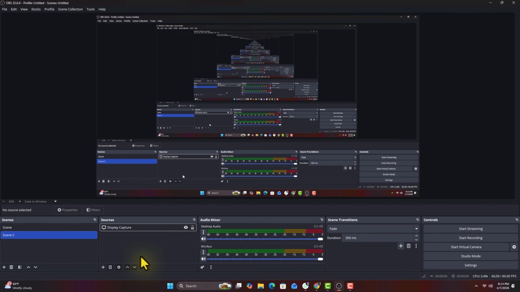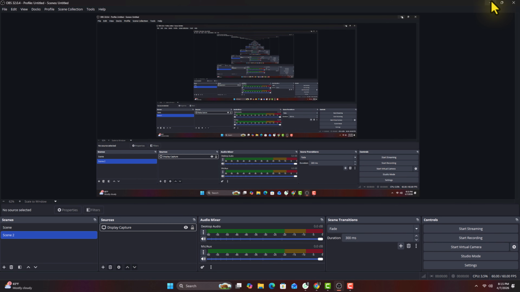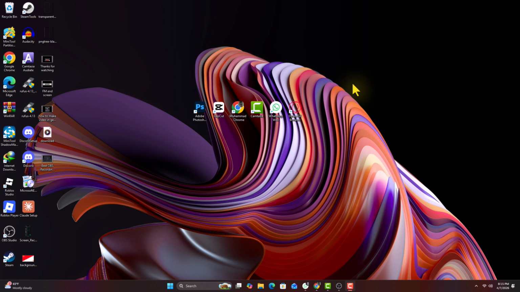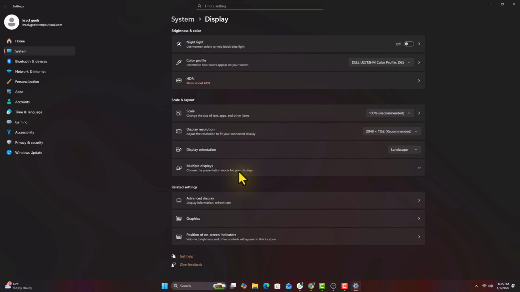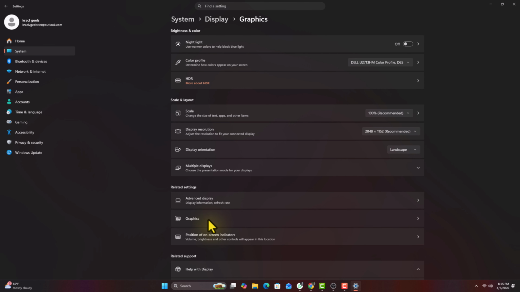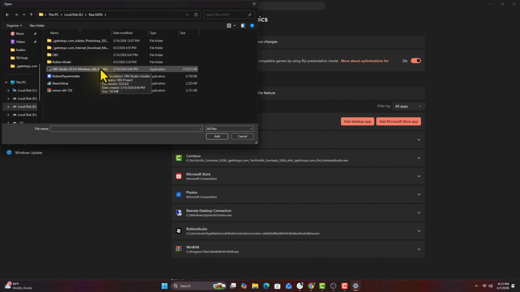If your screen turns black after making this change, you will need to adjust your Windows graphics settings to fix the compatibility. To fix a black screen, right-click on your desktop and select Display Settings, then click on Graphics Settings. Find OBS in the list. If it's not there, click Browse and navigate to your installation folder to add